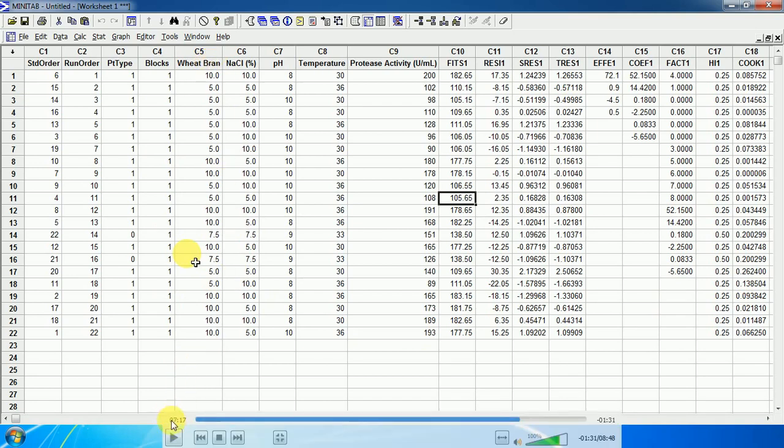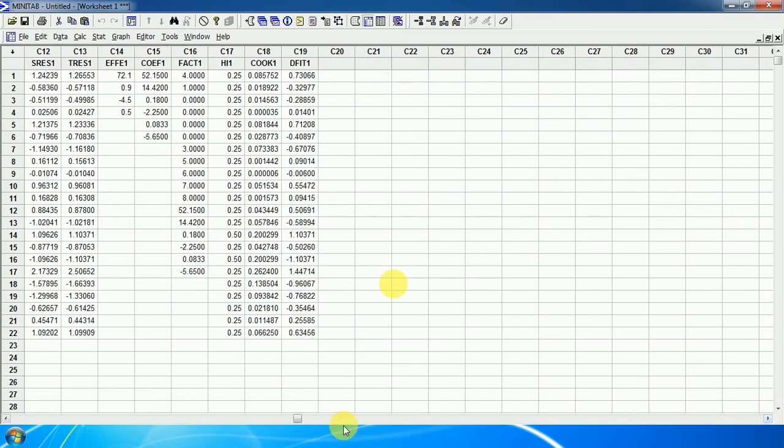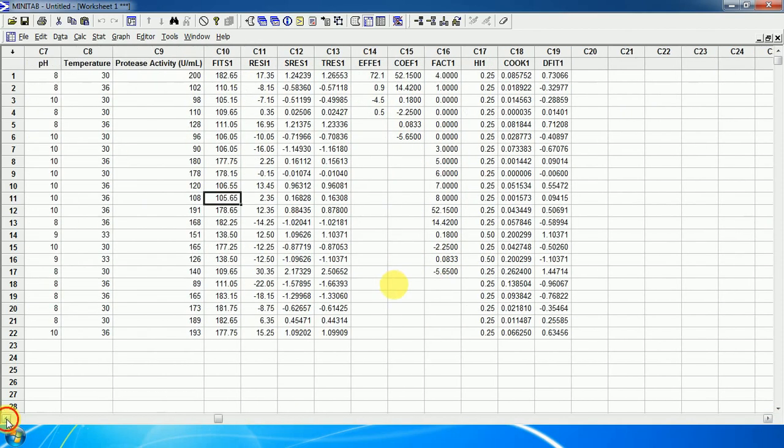So we will see the entire statistical analysis, or ANOVA analysis. These are the various factors and protease activities. Now we will see the analysis of variance, ANOVA analysis.